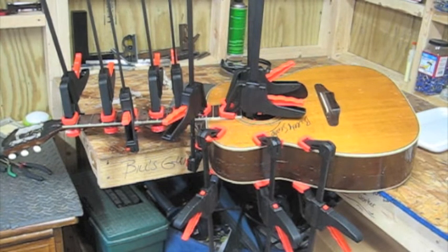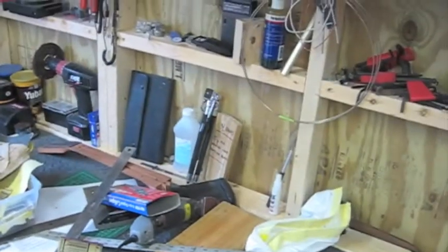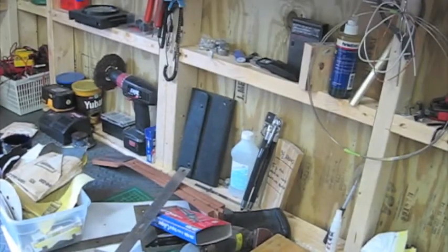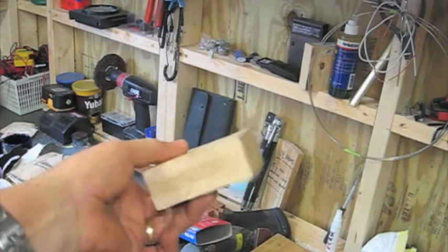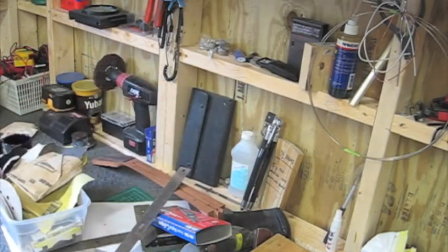My next step is to let her dry, and then I'm going to have to dress those frets and do a fret job. It'll be a first time for me too. I'm going to show you how I made my fretboard. I wound up discovering that I have, this is my sanding block, which has an angle on it,